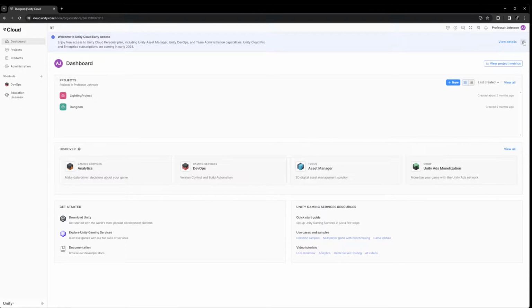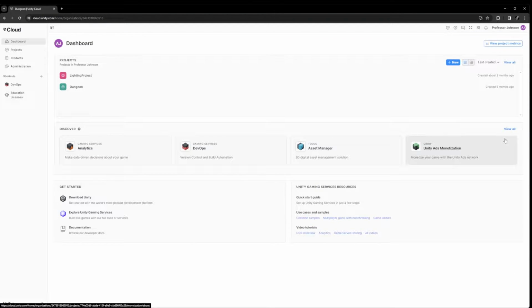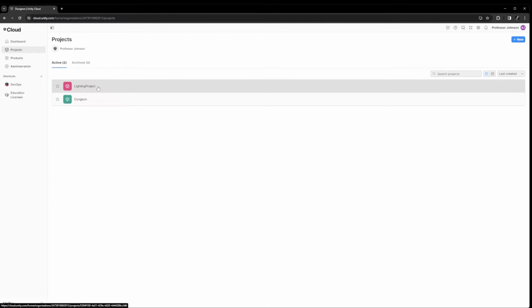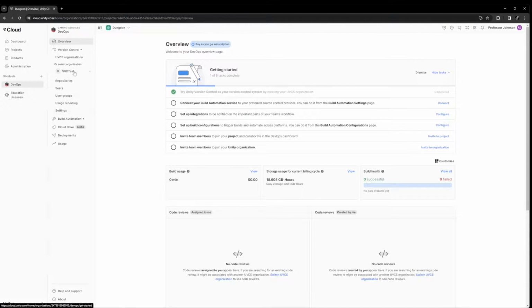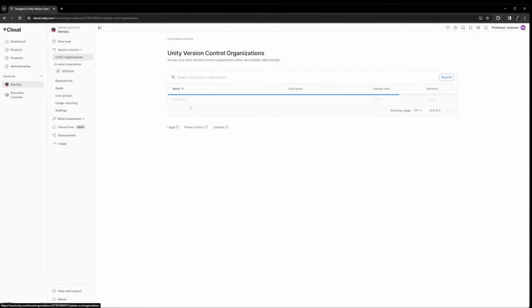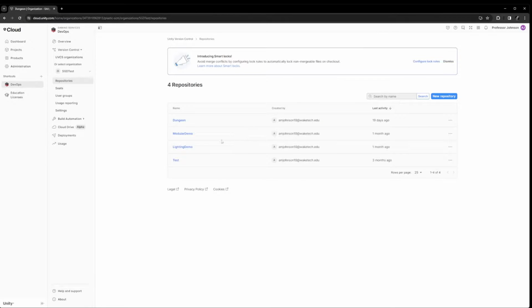You can also just kind of Google for Unity DevOps and you should see an option to log into the dashboard. So the person who is going to host the project first needs to make the project on their computer and upload it to their DevOps. So for instance, if I go to my organization, which I'm calling SGD test, I have a couple